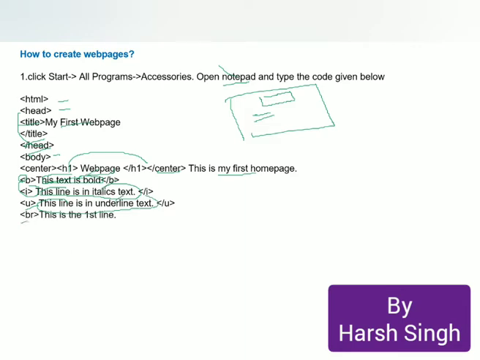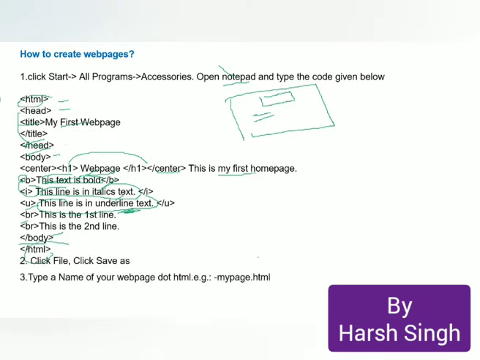BR means a line break, and again a line break, again a line break, and then finally you end the body. And then because you have started with HTML, you have to end the HTML also. This is how it is done. And then you can save the file as some name, it's up to you, and say HTML. .html is the extension. Now just place it somewhere, double click it, it will open in the browser, and then you can show the result.